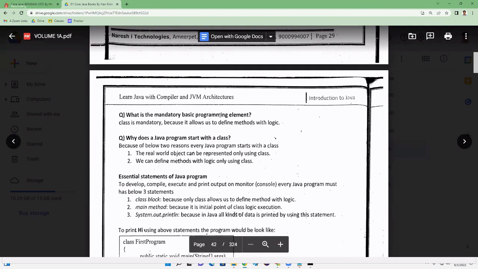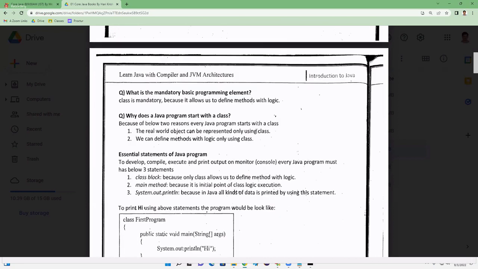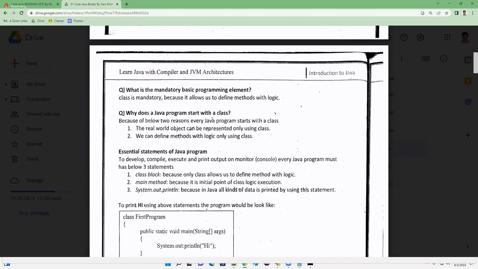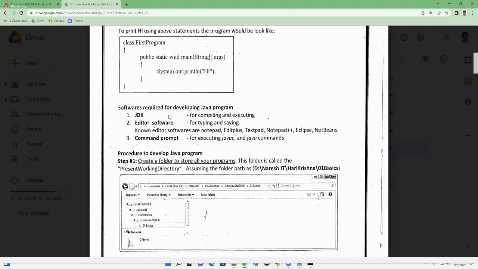So what is mandatory? Basic programming element. Class is mandatory because it allows us to define methods with logic. Why does a Java program start with a class? Essential statements of a Java program. Software is required to develop a Java program. Procedure to